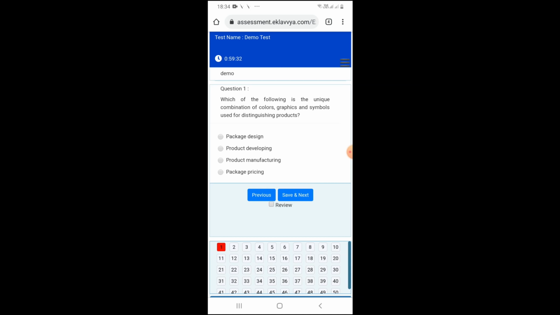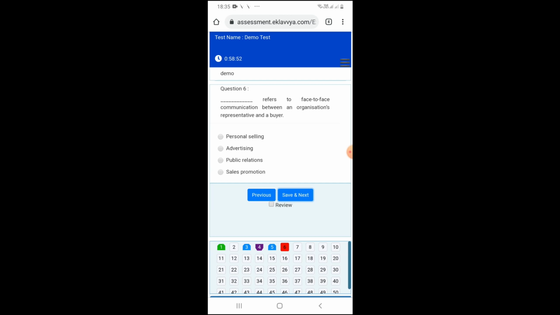Question text along with the answer options will be shown. You can select one suitable multiple choice answer option out of 4 answer options, and then you can click on the save and next button to move forward to the next question. You can click on the previous button to move to the previous question. There is also a button available to mark a particular question for review. So the mark for review feature is very useful to review a particular question at a later point of time.